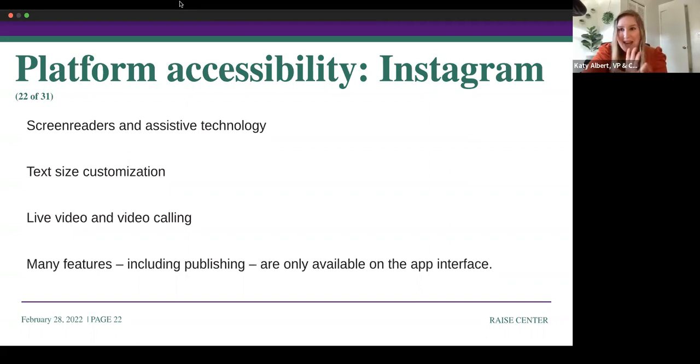Instagram, Snapchat, and TikTok, we will all move through quickly. We are seeing screen readers, assistive technology, being available throughout the board. On Instagram, we are seeing the text size customization along with the live video and video calling.